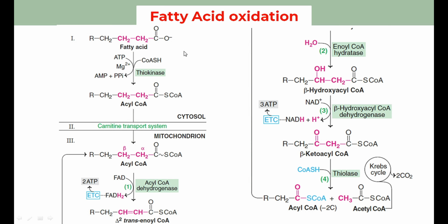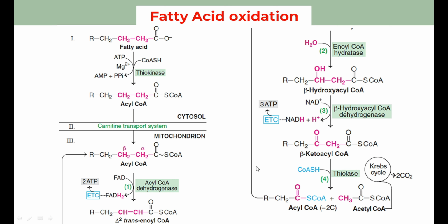Fatty acids are converted by various enzymes. You can see in the mitochondria, they are converted into various intermediate products. Finally, in each phase of the cycle, an acetyl coenzyme A molecule is given out, which goes to the Krebs cycle. The remaining part goes back and continues the cycle until all the long fatty acid chains are converted into acetyl coenzyme A, which enters the Krebs cycle to form energy, ATP, by the process of oxidative phosphorylation that we understood in the last question.